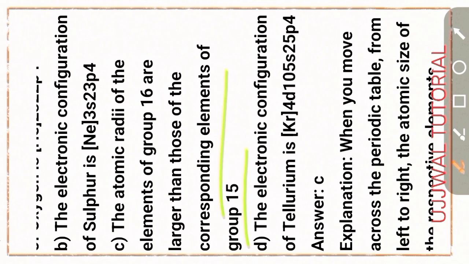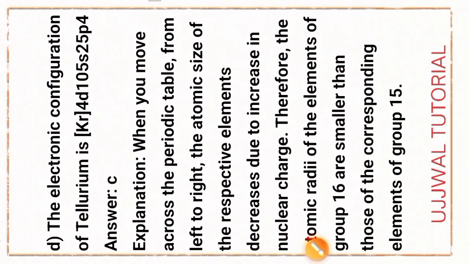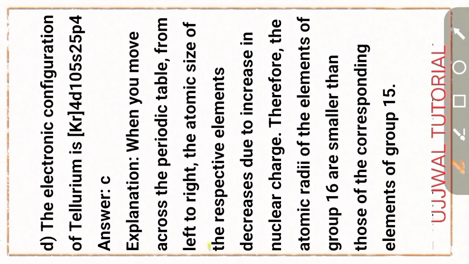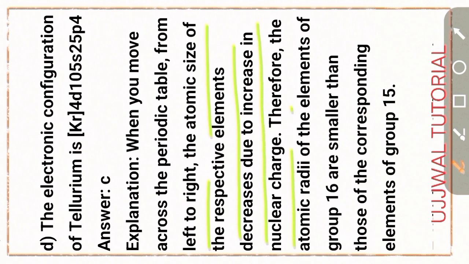To explain this part, when you move across the periodic table from left to right, the atomic size decreases